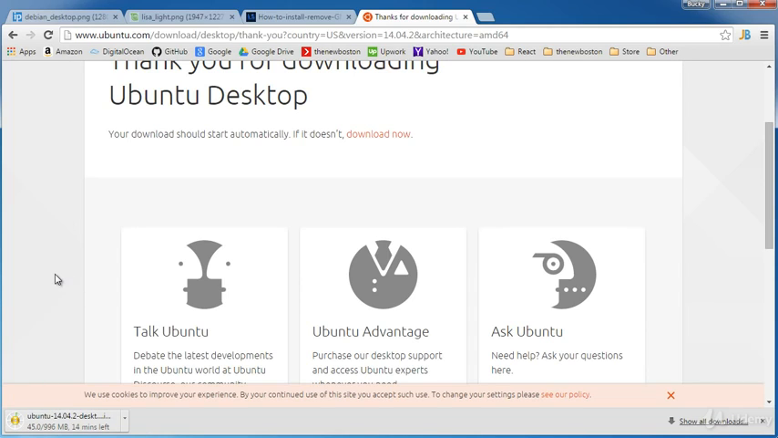So pretty much right now we're downloading the core Ubuntu operating system, which is a distribution of Linux, and well, that's that. So let me just wait for this to download,